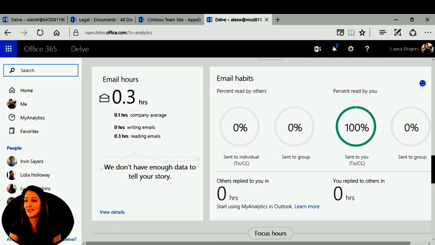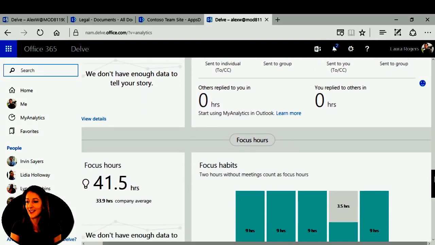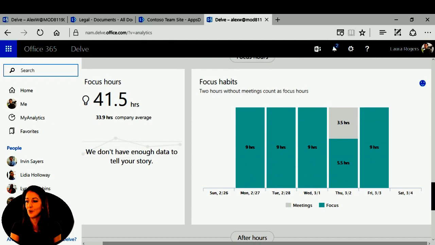Ooh, email habits. It tells me if other people are reading my emails. Interesting. How much time I spend. All the emails that are read by me, that are sent to me, are read, but I like the fact that it tells me when I send an email the percent of people that are reading it. It's pretty interesting. And then my focus hours, focus habits,